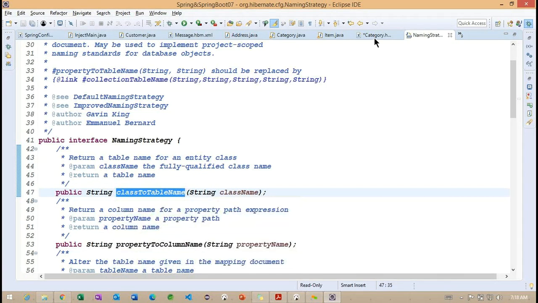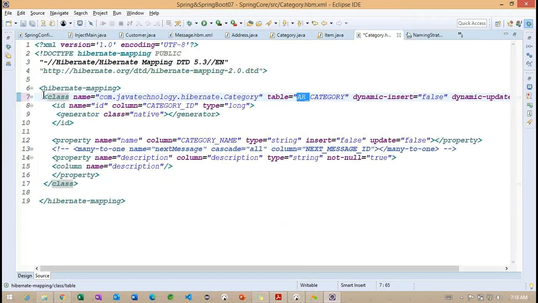Carefully observe: inside the class element, if we don't have the explicit table information, then only class to table name is called, and once it is called, internally the table name method is called.